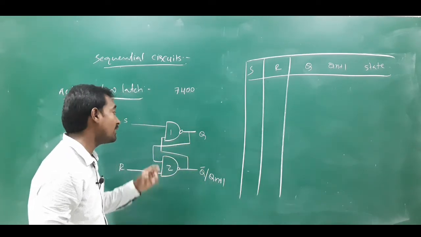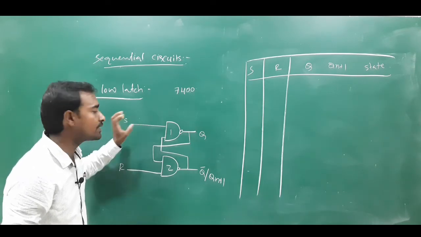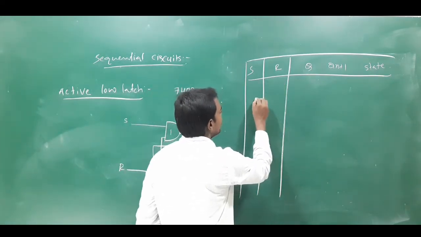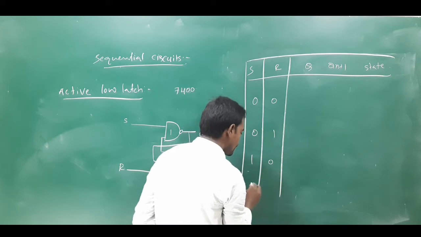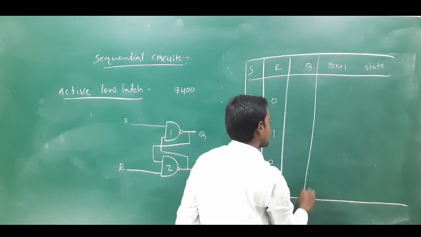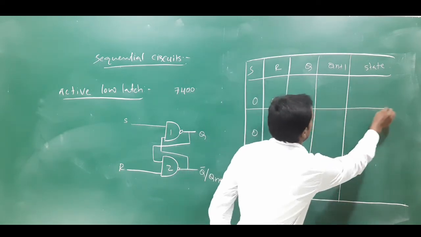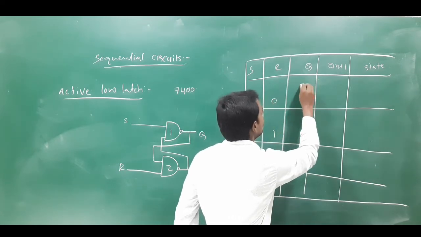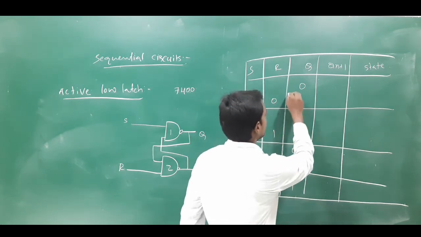We already know the two input NAND gate truth table: whenever we give two active high inputs, only then the output is equal to 0. For this we get the four combinations: 0 0, 0 1, 1 0 and 1 1. Q is treated as the present state, and Qn plus 1 is treated as the next state, with values 0 1 0 1, again 0 1.